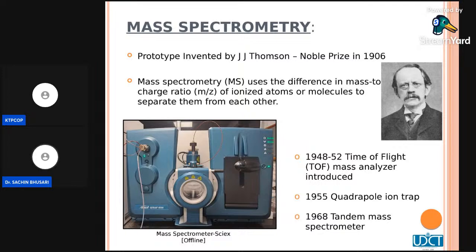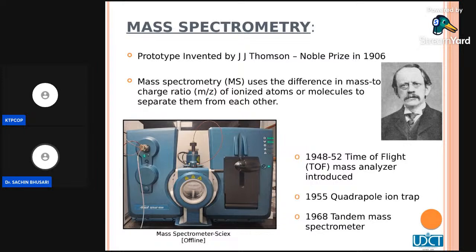Now mass spectrometry. This is an instrument which is available in my department, QTRAP. I'm lucky enough to have this instrumentation. I'm thankful to DST also, which gave me good support. So mass spec, you know, it was launched in 1906. J.J. Thomson got the Nobel Prize also. It determines the m/z, mass to charge ratio. In layman's language, you can say molecular weight, but it's m/z, mass to charge ratio.